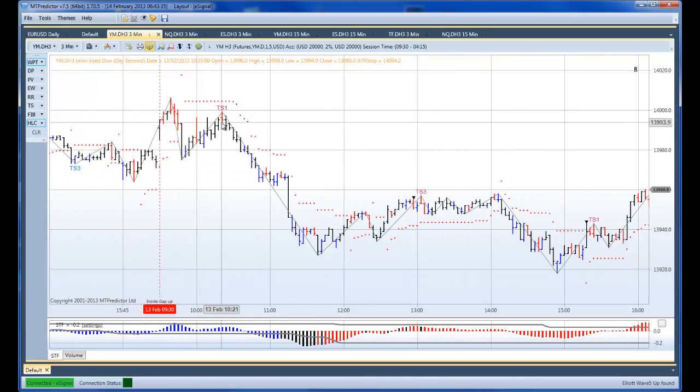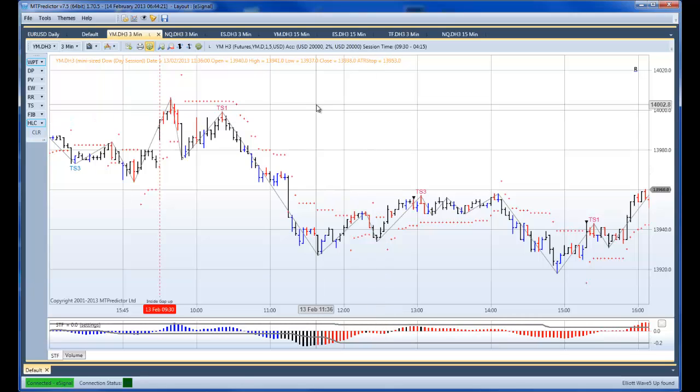However, this first setup here, because it was early in the day and has unfolded right after the major high here, the STF colour was blue. Now this is a particular advanced trade setup that I particularly like, and is why I want to do this video today. What we teach for the more experienced MTPredictor users, rather than to use the STF colour, which just like any other indicator is always going to be lagging,